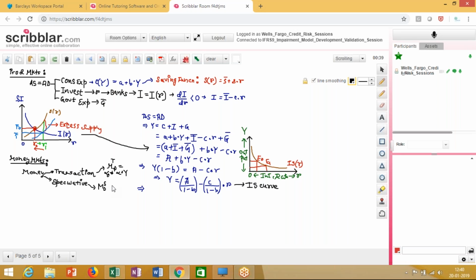So speculative demand for money is dependent on the rate of interest. So if you have this R, let's say beta 1, which is the rate of interest, right,